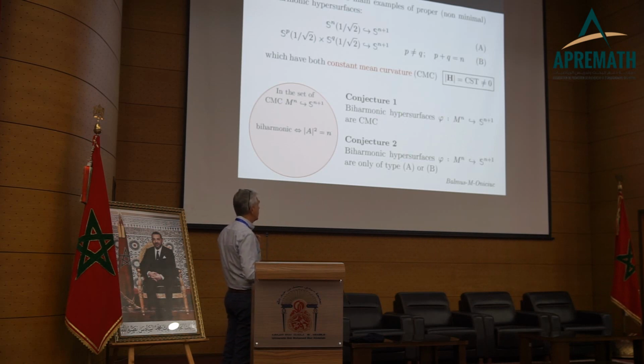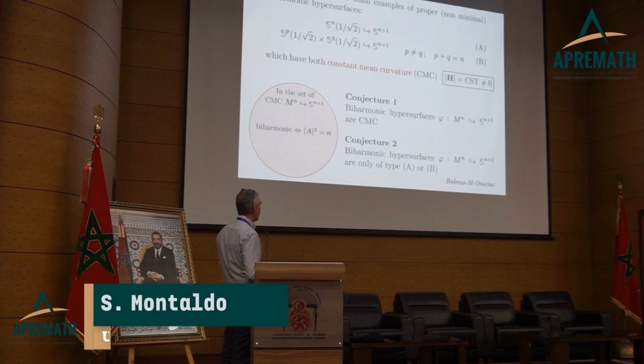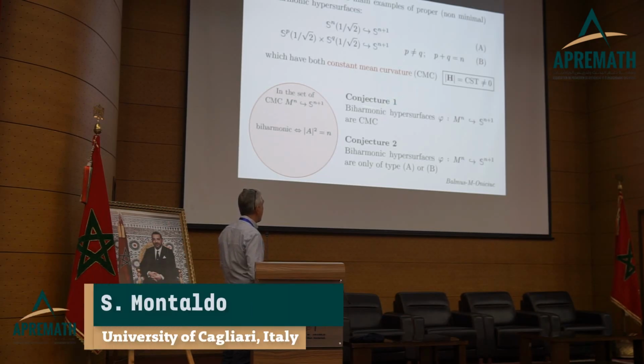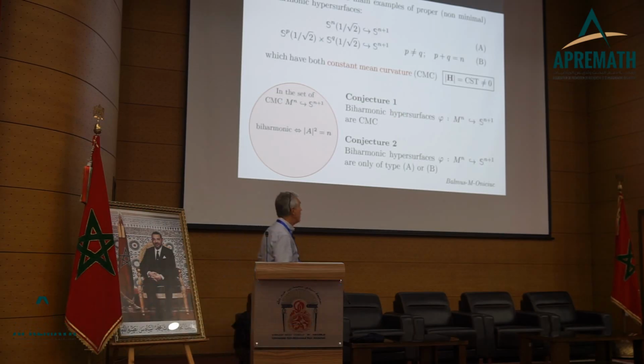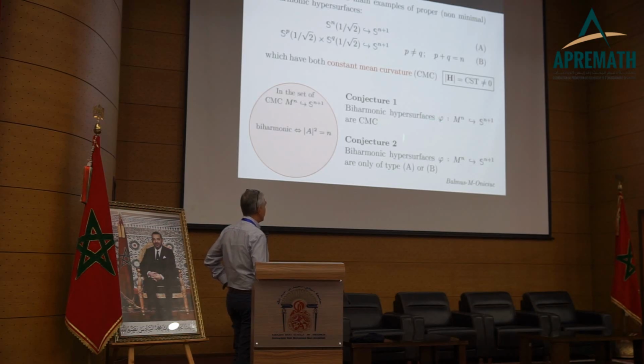And one thing that I would like to point out to you is that proving conjecture 1 does not immediately imply conjecture 2. So if you prove that your hypersurface, when it's biharmonic, is CMC, you cannot deduce that you only have those two examples. And this one really can be written as a